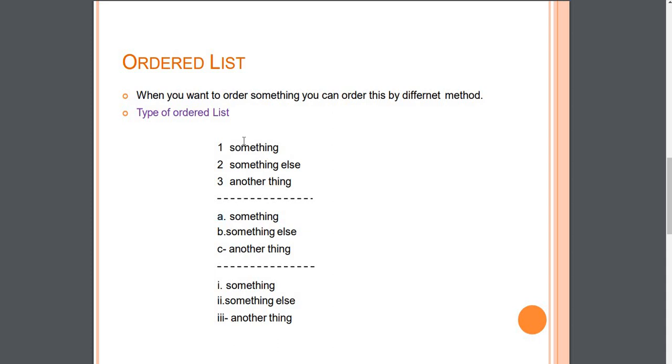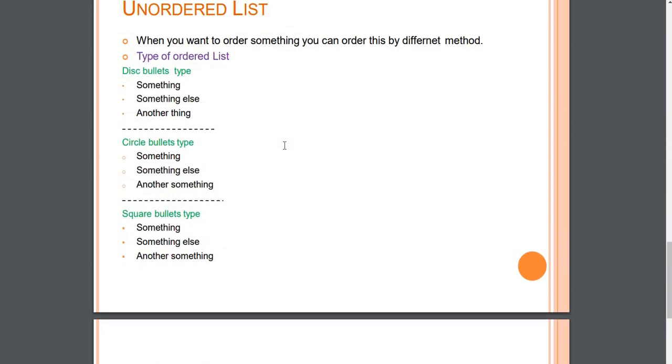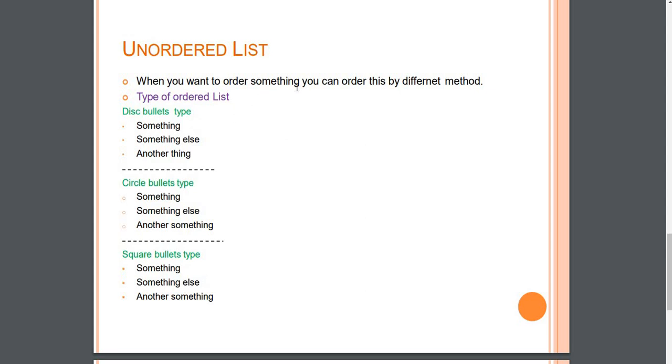So this is the advantage of using a list. In our book content also you can see that there is a list of chapters. Within a particular chapter we have certain sections. That particular term you can say is an unordered list, right? When you want to list something by this method, there are basically three types: disc, circle, and square. By this we can list.